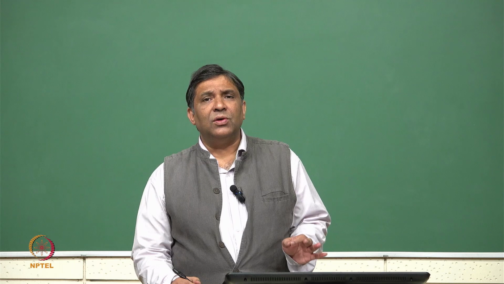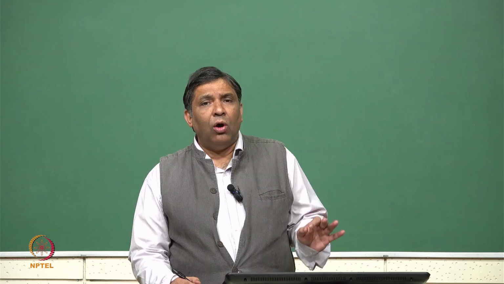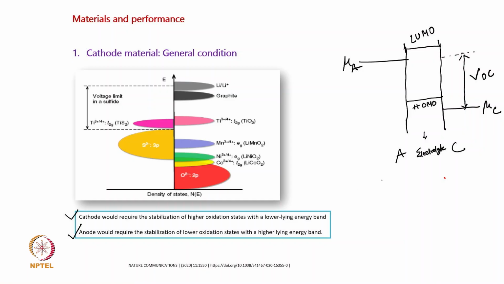People started thinking about some material like oxide. As I mentioned, one particular oxide which was being investigated by Goodenough and his team is lithium cobalt oxide. So, why is lithium cobalt oxide better than the previous cathode like TiS2? If you look at the TiS2 here, this is the energy state Ti 3d minus S 3p, which is the lower energy state of the cathode. But if I look at the energy scale, it is quite high here.